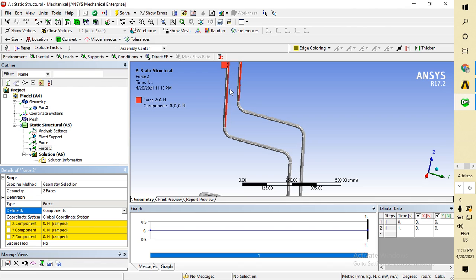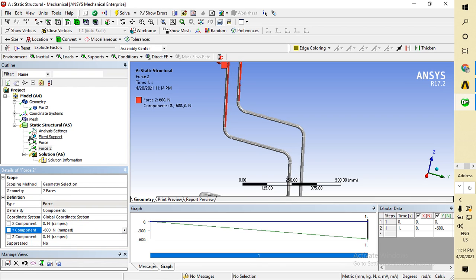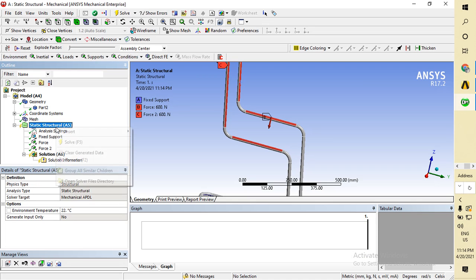If a person leans against this bar, it will obviously apply force in the opposite direction of y. So we take minus y, an extreme loading condition. So okay, then solve it.